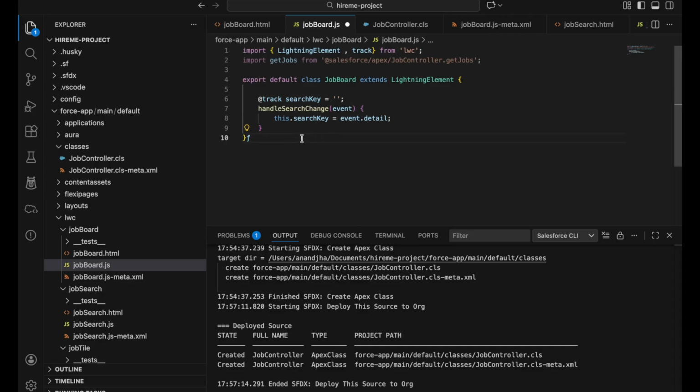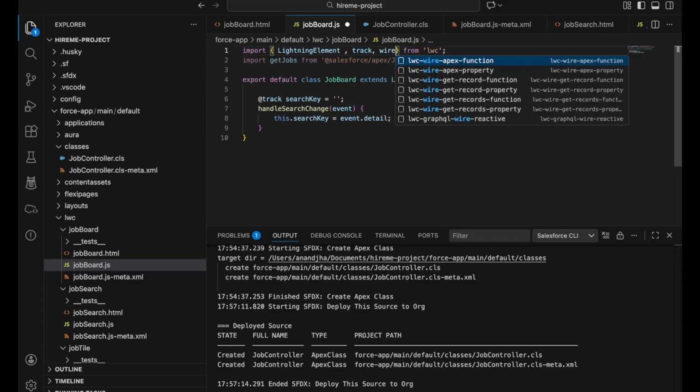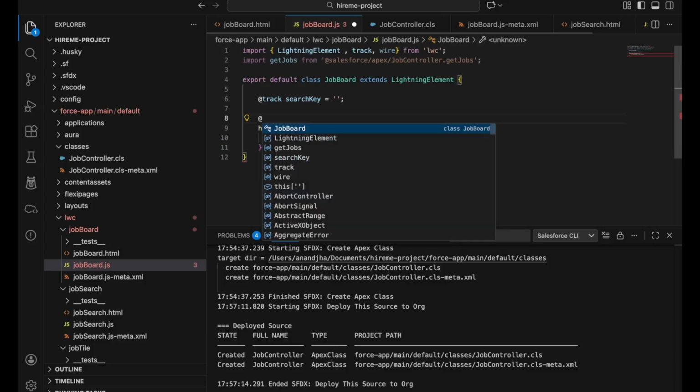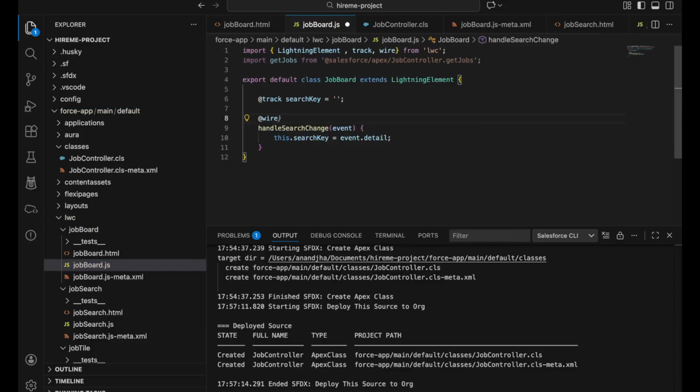Okay, so now it's formatted. Now once we have the value inside the search key, then we need to use the wire decorator. So we need to use wire here as well. I'll add wire, and for the wire method we need to use